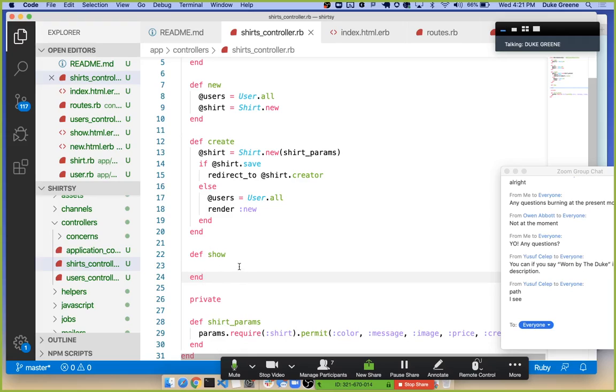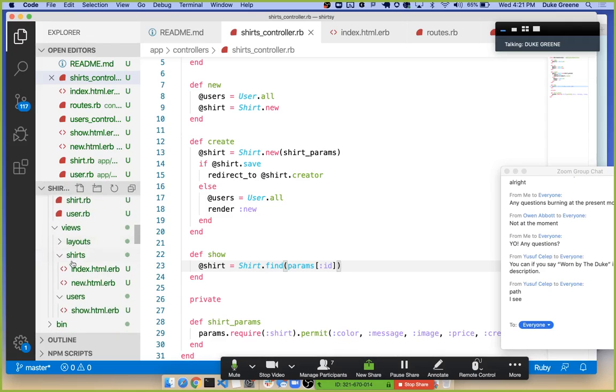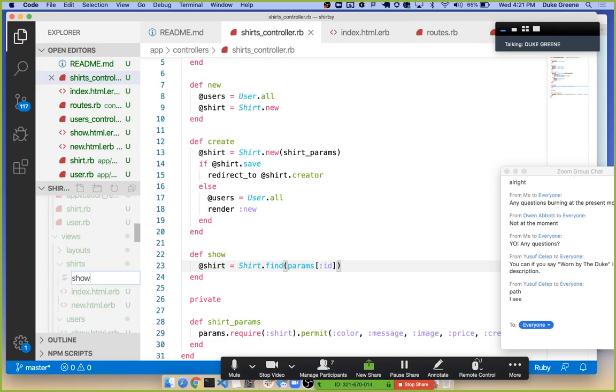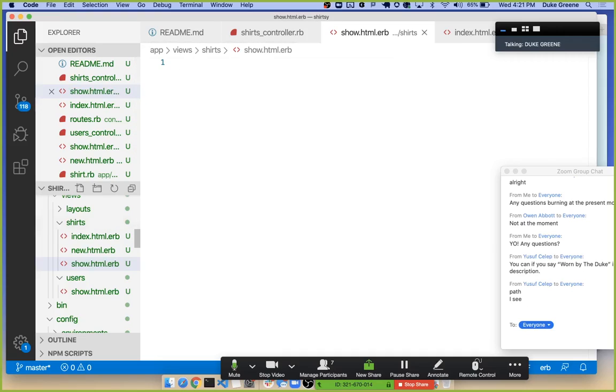For a show, we need to find the particular shirt that we're looking for. By convention, that is going to be called ID once we set up the resources the way that Rails expects us to. And so then we could create a show file for shirt. And a shirt show file should definitely tell me more about what it means to be that shirt, right? So what about this? Presenting